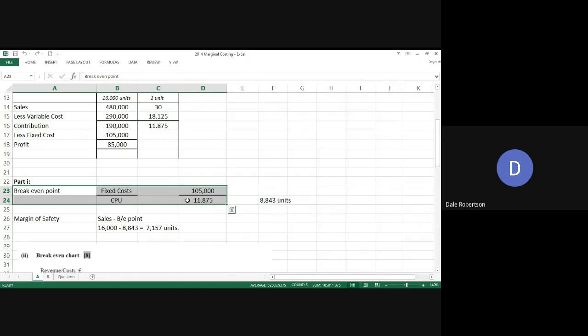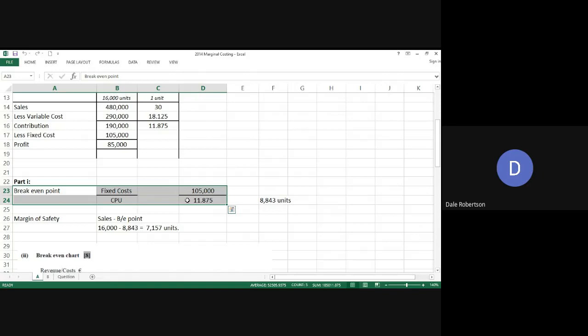Just checking on the calculator to see if that comes out even. Now it's actually 8842.1. So you always round up to the next full unit in marginal costing. Even though it's only 0.1 on your calculator, you're going to round up, because let's say this